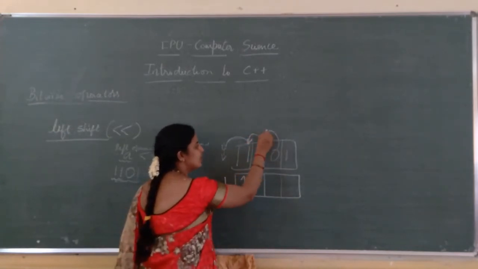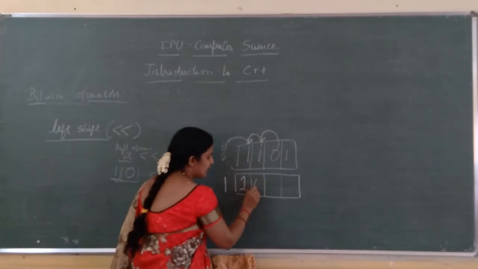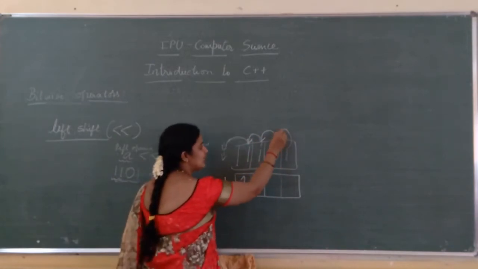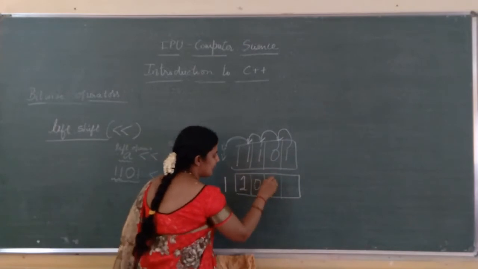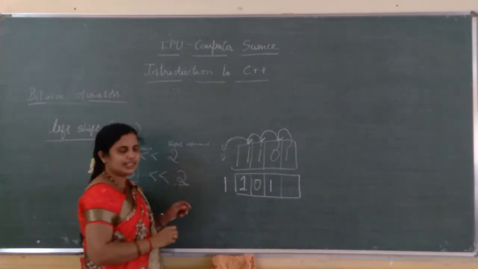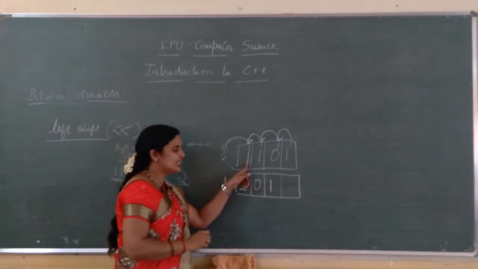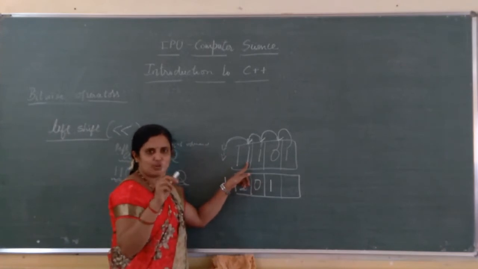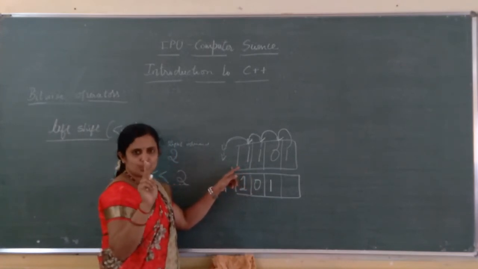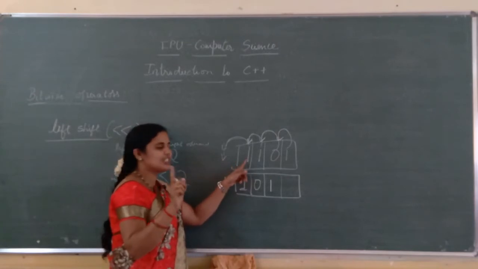Okay, this will come to the next position. I will write here 0. This will come to the next position. So I will write here 1. Have you understood what I did? This 1 is first, only 1 bit I am shifting now. At maximum 2 bits I have to shift here. Okay, so first I will shift only 1 bit.